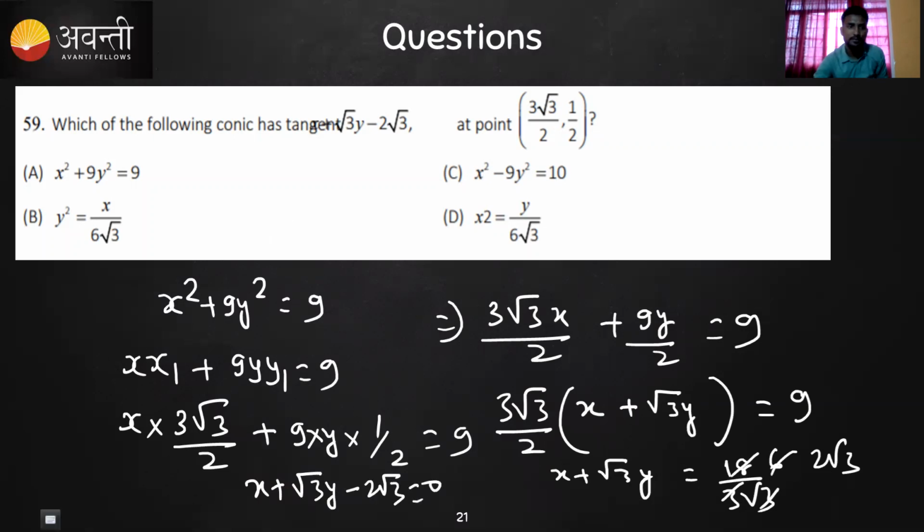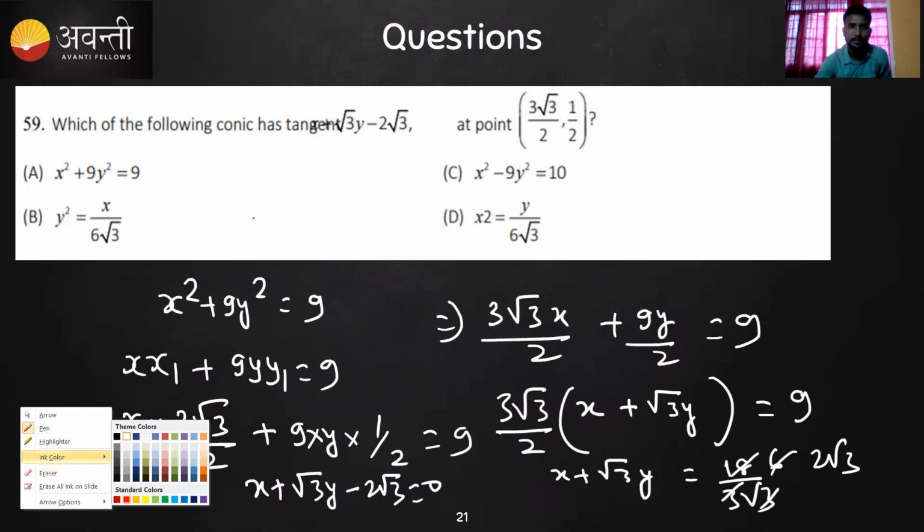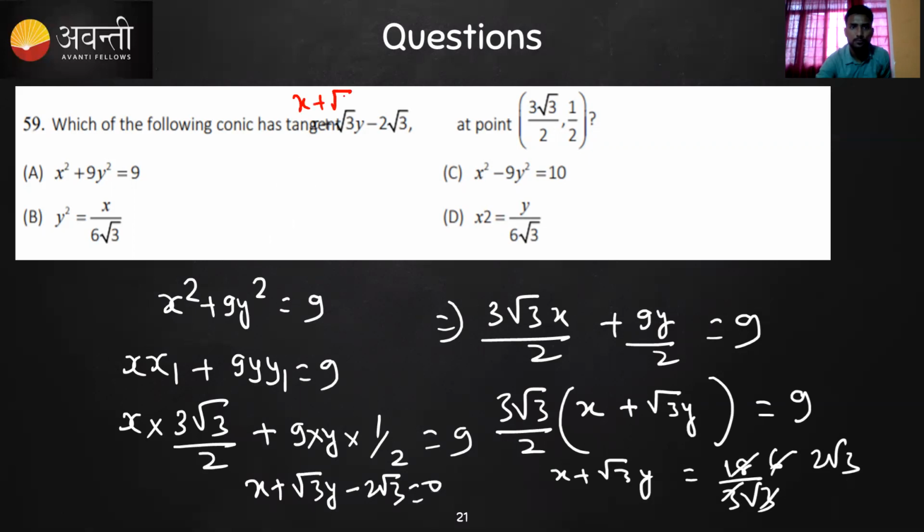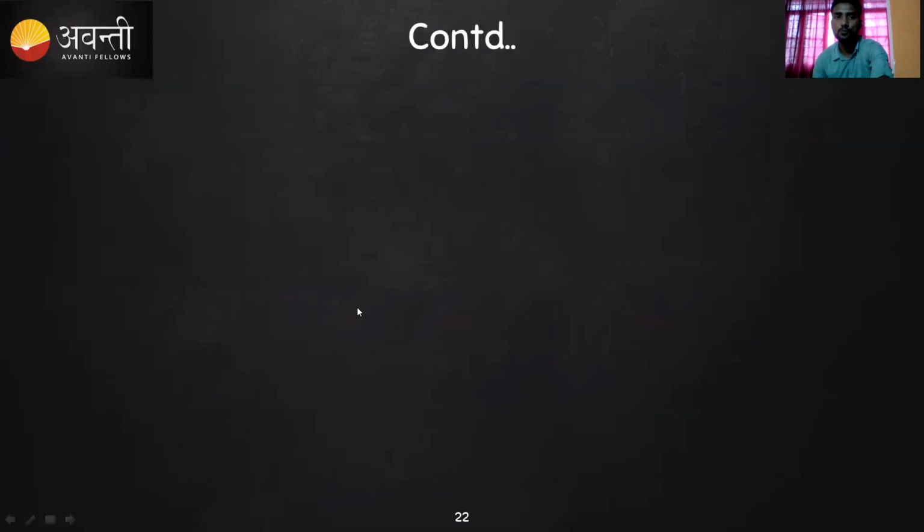So this is what came out. Basically here is a printing mistake. You can see it is basically nothing but x plus root 3y minus 2 root 3 is equal to 0. So this is what came out. You can go through. Only in the first option we have got the answer. So the first will be the correct answer. You can check for all these things, but you won't find this required tangent. So this first will be the correct answer. Okay, guys. So moving on to the next thing.